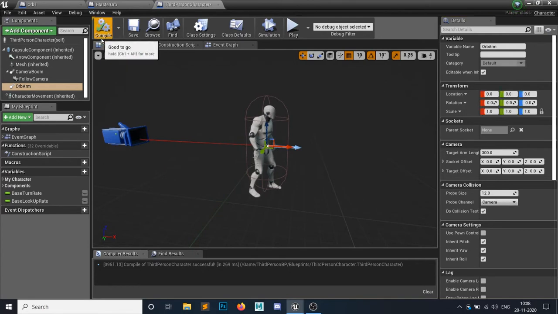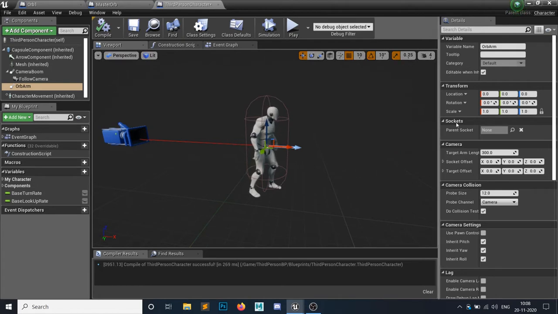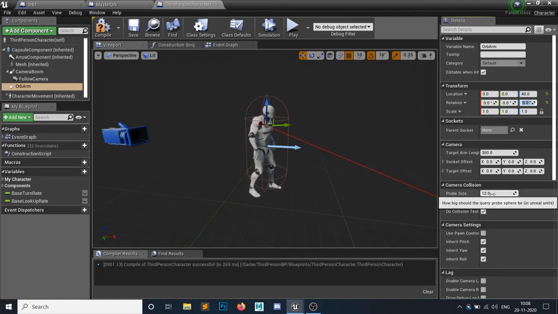Okay, so the best transform I got for my spring arm by sticking around is a z axis of 40, and this rotation should be minus 120. The arm probe size would be 12 and the arm length would be 30, not 300.